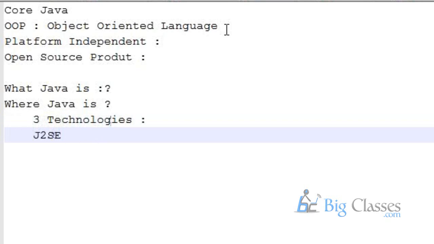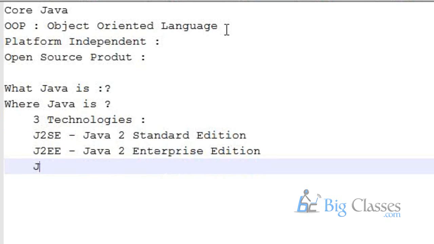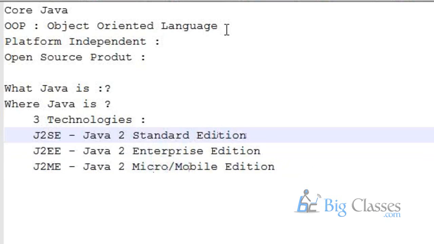One is J2SE, which is known as Java 2 Standard Edition. Likewise, J2EE, Java 2 Enterprise Edition. And the third one, J2ME, that is known as Java 2 Micro Edition or Mobile Edition, both mean the same.